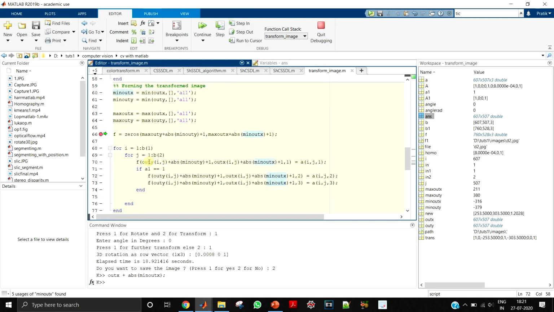Now with these small changes, the only thing that you have to do is transform the pixel value. So A has the whole image. You have to transform the pixel value of A of I comma j. Before the transformation, the pixel was at I comma j. Now we have to transform it to this new location that we have found out.